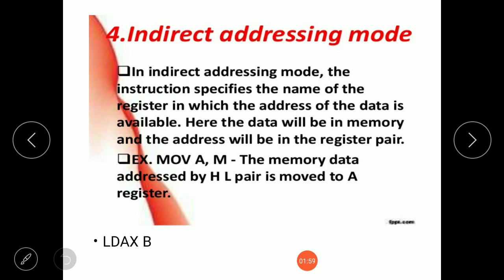I've given another example also, that is MOV A, M, where the memory data addressed by HL pair is moved to A register. That is the content, that is the operand. The address of the operand is pointed by HL pair, so that operand is going to get moved to the register A. So again, we have the opcode and we have the register pair. Here the register pair is in terms of, we have mentioned the first register, like I've already told you when I was teaching you the architecture part,